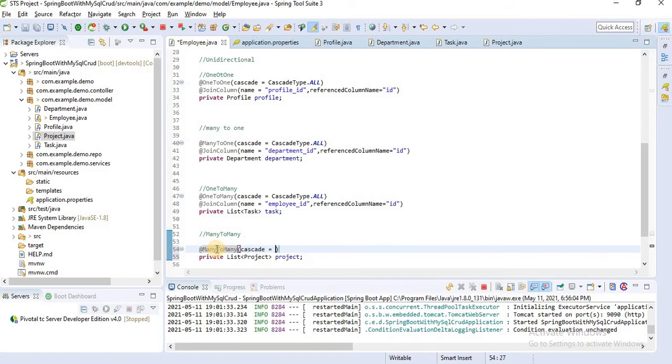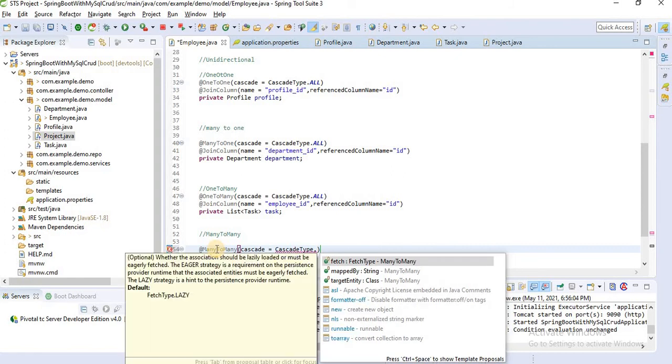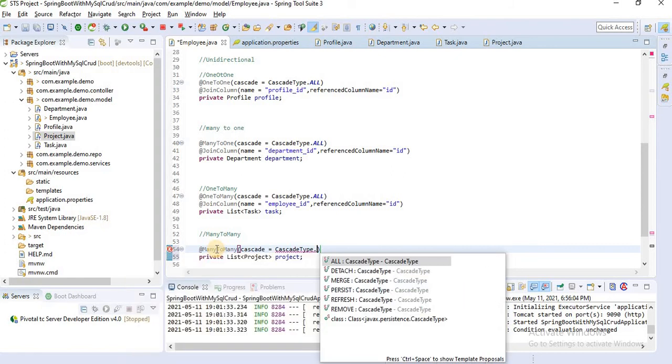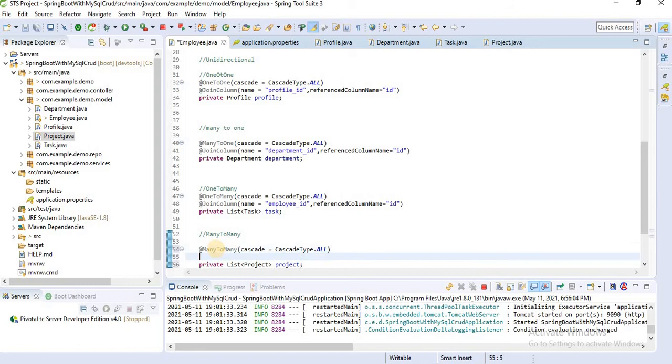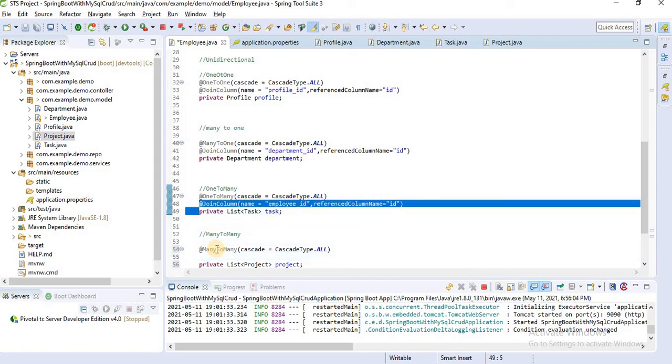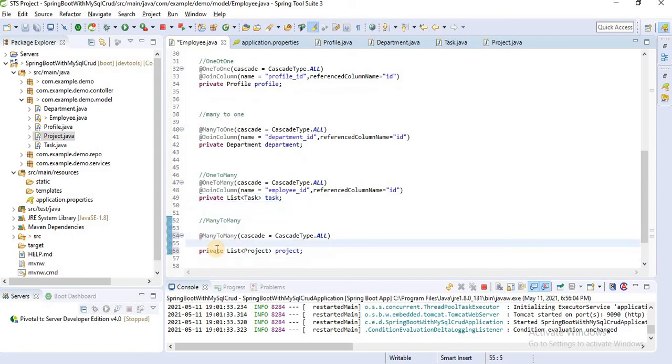Okay, cascade, CascadeType dot ALL. Okay, join column. I'll just copy. I think we don't need this. Okay, let me copy. Okay, employee ID.